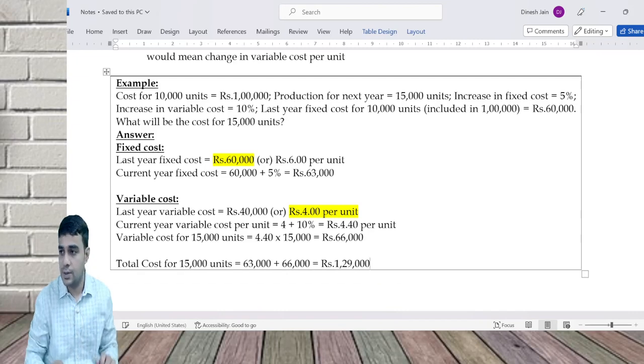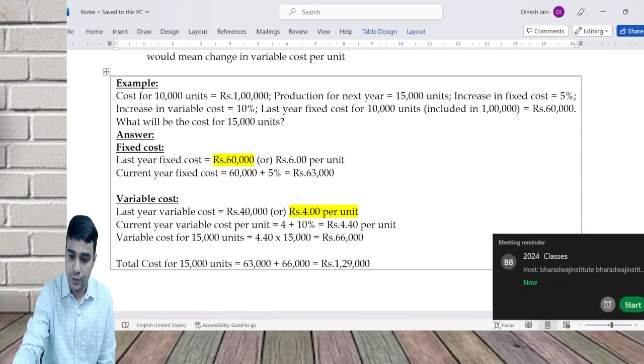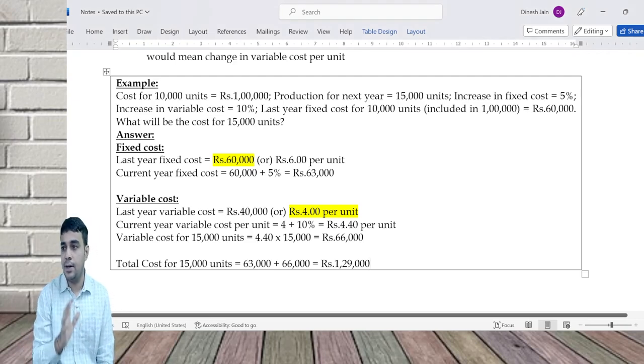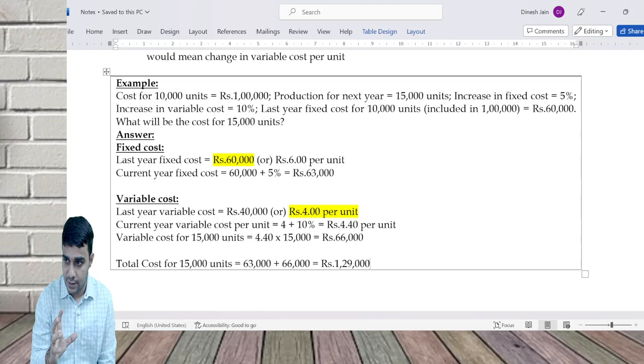Clear? Any doubts on this? Clear? This is a simple example for your variable cost and fixed cost. Anytime you have any doubts on variable and fixed treatment, you should see this. So this is a very simple adjustment or treatment for your variable vis-a-vis a fixed cost. This concept I would discuss 20-25 times in different problems, because I'll be doing some problem after 20-30 classes in